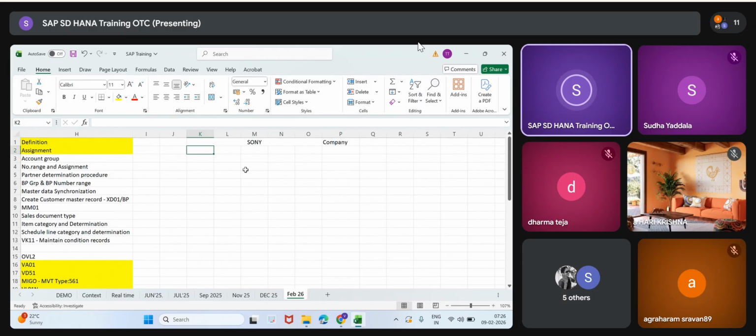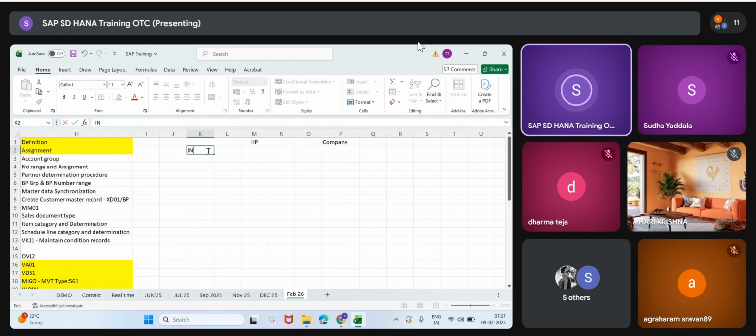Under Sony, suppose they are running their business in India: IN00. It is an alphanumeric combination. In HP, suppose HP is the company. I worked for HP many years ago.